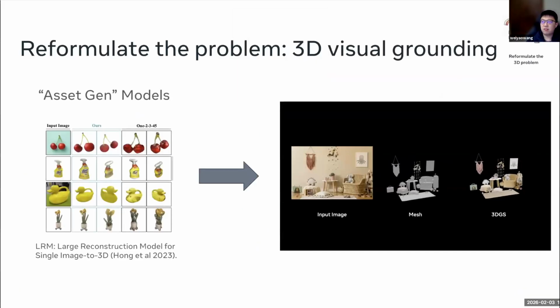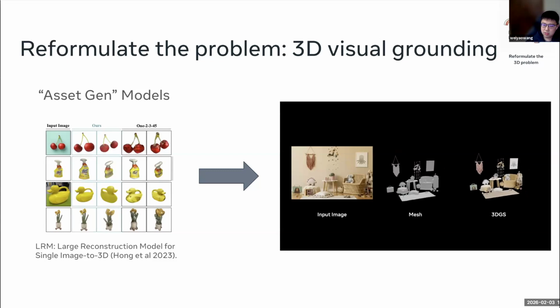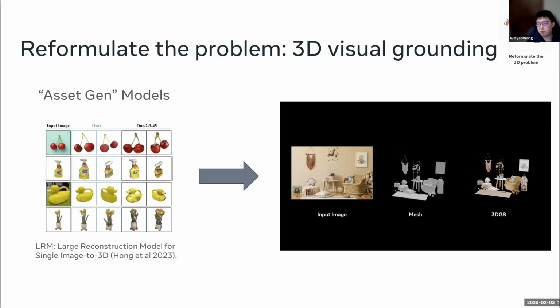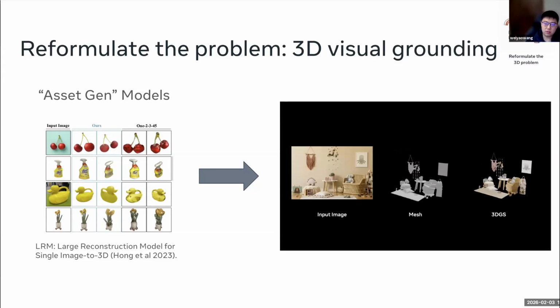When you think about 3D generation, people often focus on what we saw on the left, which are basically asset generation models. They take either a single view or multiple views and reconstruct a single object. Well, as you noticed in the introduction, we moved away from this paradigm to focus on what we define as 3D visual grounding, to ground the generation in 3D. So now you have this full scene 3D reconstruction on the right.